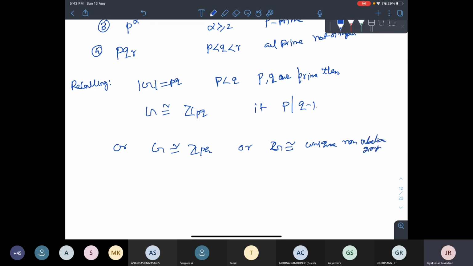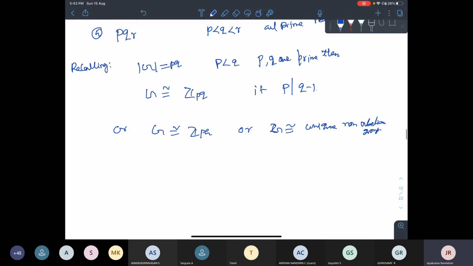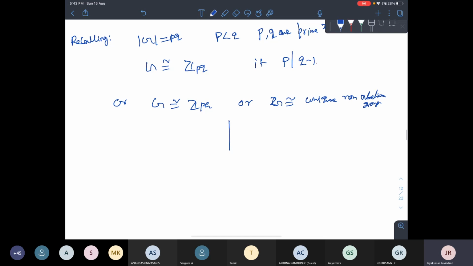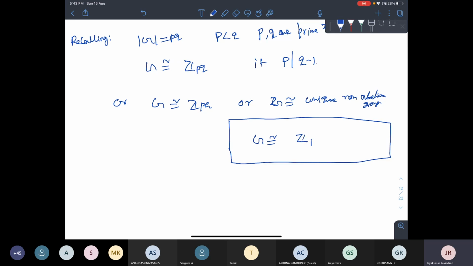It's so unfortunate that I cannot teach you the semi-direct product, but for the people who know about semi-direct product, I'm giving them this. Other people, don't worry about that. At some point of time, we will learn. G is actually ZP semi-direct product ZQ. This is normal, and this is conjugation. People who don't know about semi-direct product, forget about this. I'm seriously saying, forget about that. For those who know semi-direct product, I'm saying this.